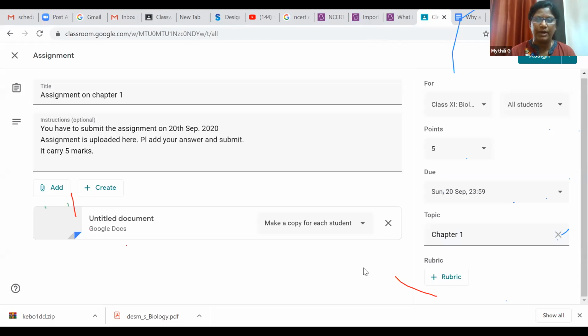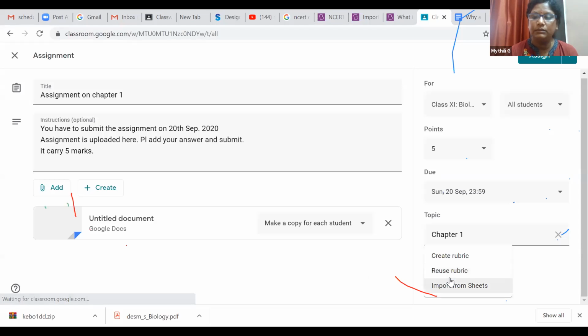So that is why rubric is very important, because nowadays teachers are asked to create the rubric. If a rubric is there, then the student will also see how many marks I have to take to fulfill that. If I want to get 5 marks out of 5, then they will come to know what information I have to put in my answer. So let me create the rubric here.